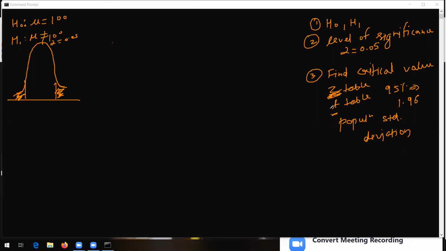In our case, we have been given the standard deviation. There is actually a problem statement which I will try to show you. In that problem statement, the population standard deviation is given, and that's why we are making use of the Z table. I'll be showing you that problem statement also. Okay, now everything is closed. Actually, I will have to look at the location of that file, but I will check it once all these things are done. I will try to show you the problem statement also.